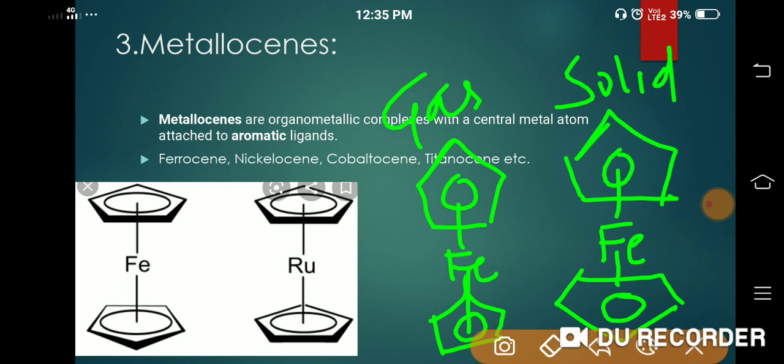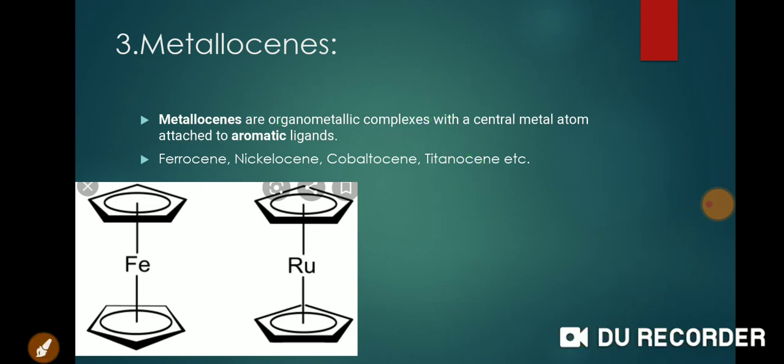The 2 cyclopentadienyl rings in the ferrocene molecule obey Huckel's rule of aromaticity, that is, the 4n plus 2 pi electron rule. As we can see, they are planar, cyclic, completely conjugated systems having n equal to 1, hence these are aromatic compounds. Hence ferrocenes are aromatic compounds. We can check the aromaticity of the cyclopentadienyl rings of ferrocene,